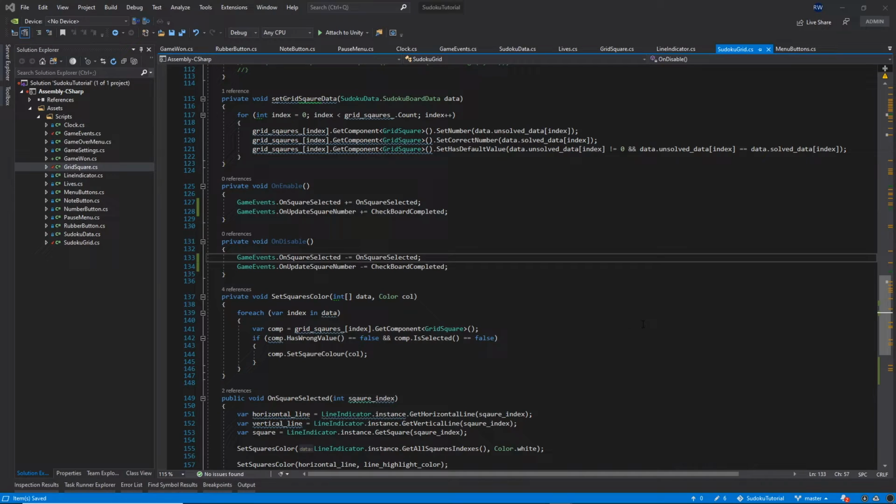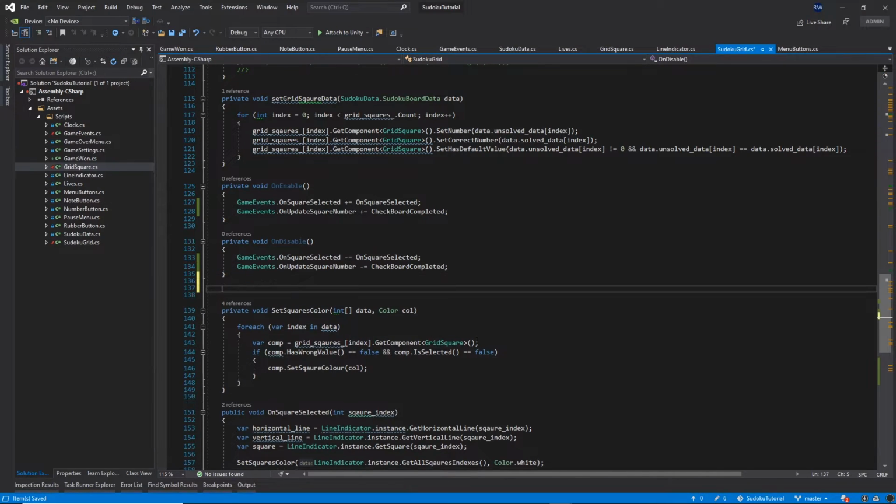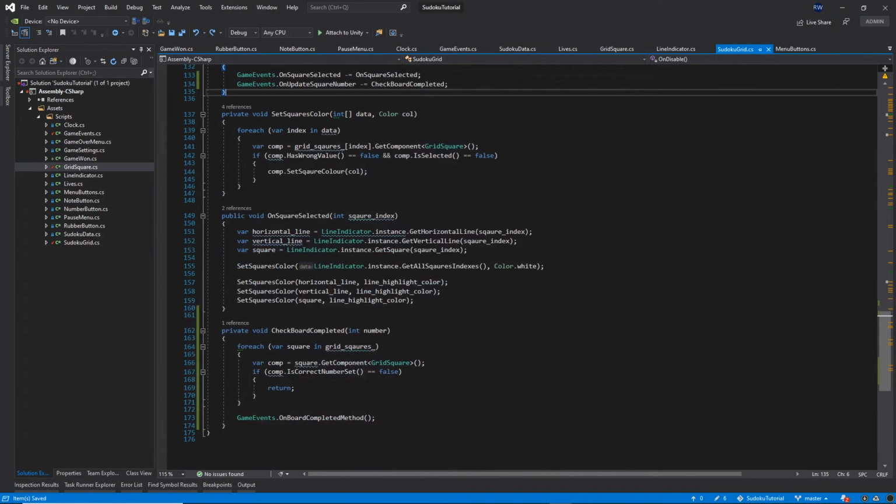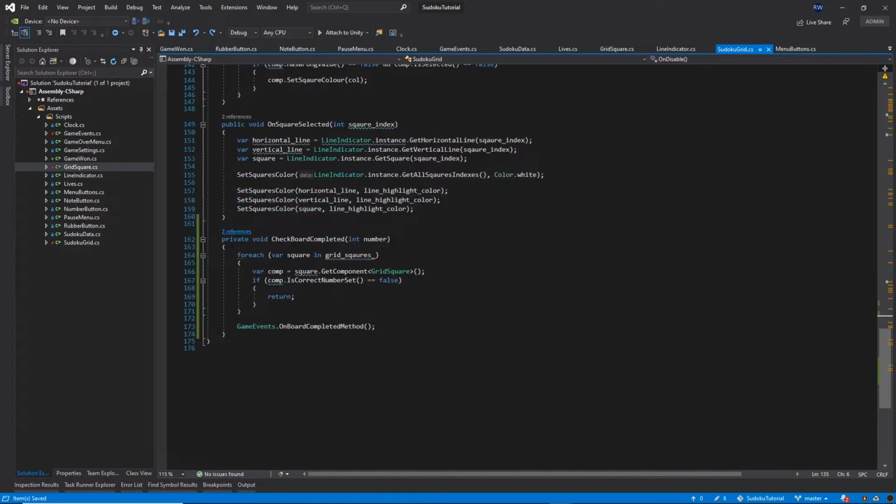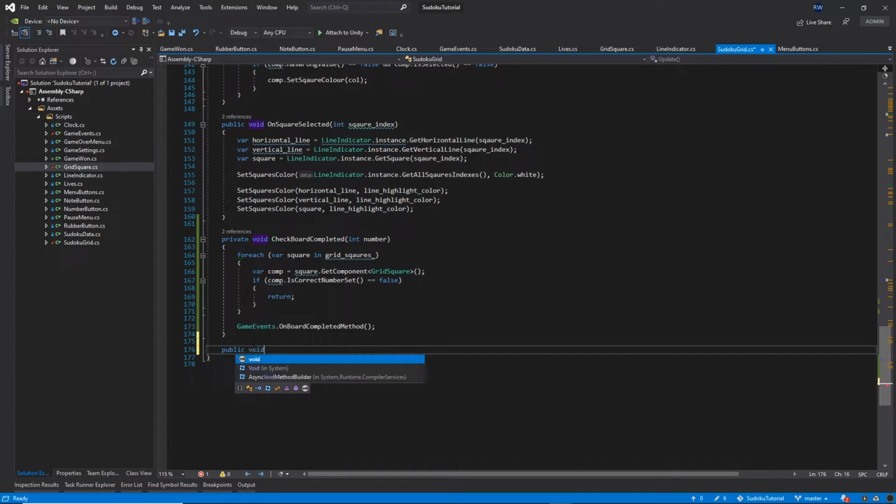Okay. So in order to check if our function is actually working, if everything is fine, I'm not very good at solving the Sudoku game, so I'm not even gonna try to do that. Instead, we're gonna provide a temporary function for us to solve the Sudoku grid. So I will just scroll down at the end of the file, and below this CheckBoardCompleted, I will add another function which is gonna be public void SolveSudoku,